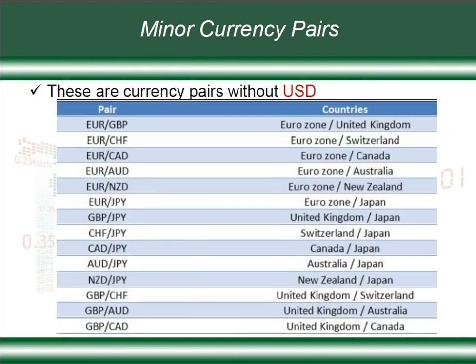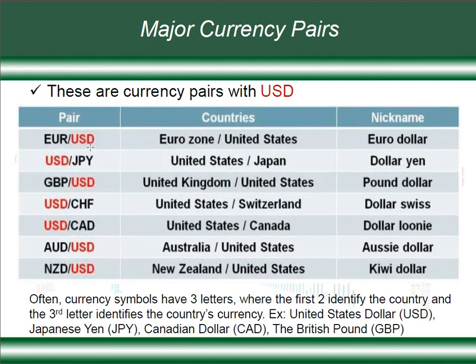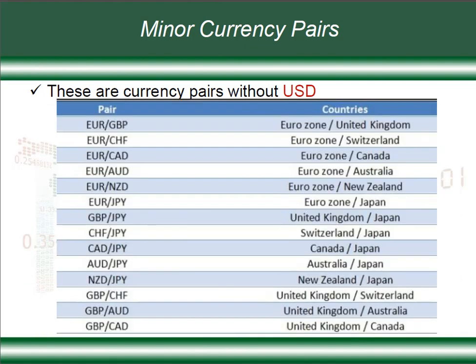Now, minor currency pairs are those without the USD. Remember, major currency pairs have USD. There are pairs with USD. But we also have currencies without USD. For example, Euro, GBP, there's no USD. CHF, JPY, no USD. GBP, AUD, no USD. So without the USD, which is the major currency in the world, the strongest currency in the world, you might want to say, or the one that is popularly used across the world. Now, without it, these other pairs are always called minor.